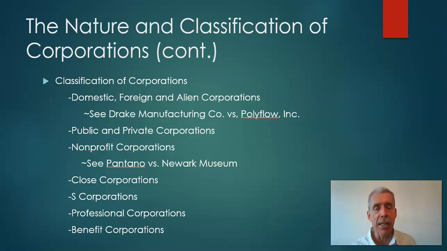LLCs are a lot easier to manage. Subchapter S corporations, if you look at page 747, have a lot of hoops for you to jump through in order to qualify for subchapter S status. And so it's a lot tougher to qualify to be a subchapter S corporation than it is to file the necessary paperwork and be an LLC. So you don't have as many subchapter S corporations nowadays as you used to have because people prefer to go with an LLC instead.